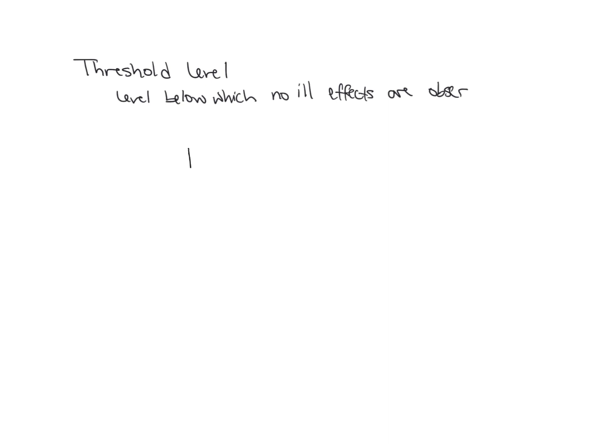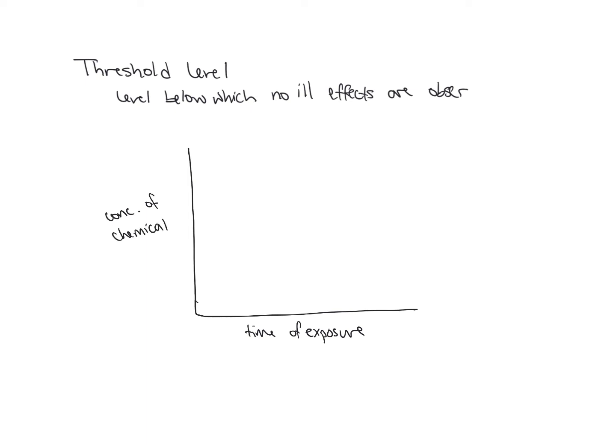So what you end up with is you actually end up with a graph that looks like this. So here's the time of exposure, so how long the exposure has been. And this is concentration of the chemical. So again, you don't necessarily have to have chemical. This could be like UV radiation or X-ray radiation, right? And you end up with a curve like this,